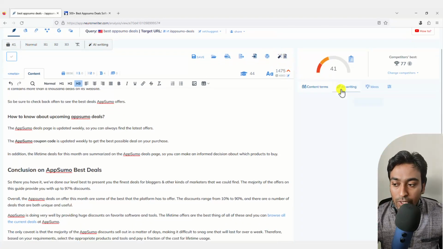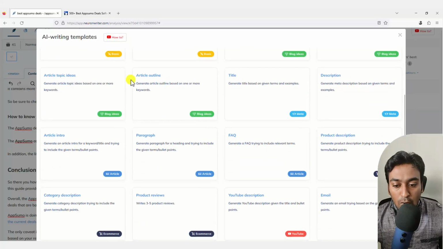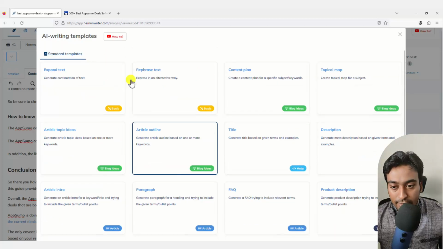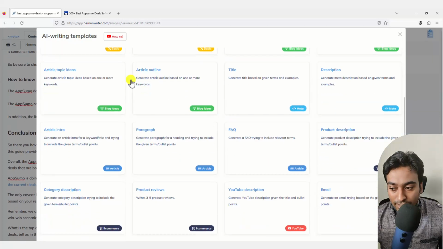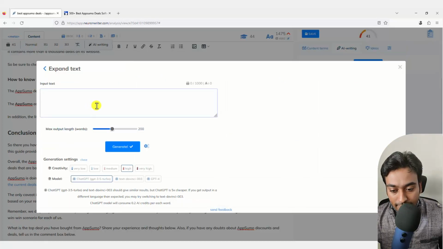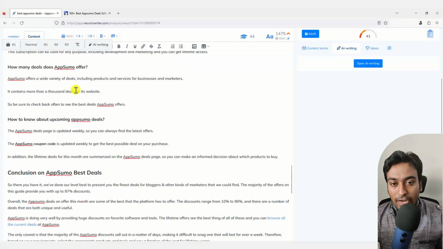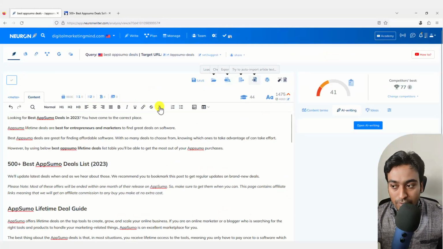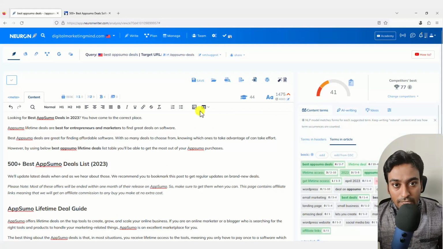The third way is to go into the AI writing tab here and open up AI writing, and it will show me all the different templates available for you to generate text within Neuron Writer. So click on any of these which interest you, for example expand text, and give a text, and based on it, it will expand your text. The module, this screen, is the same everywhere, but the way you can access it and provide content to it is different. As of right now, there are 3 different ways which I've shown you. That is how you generate AI content with Neuron Writer.